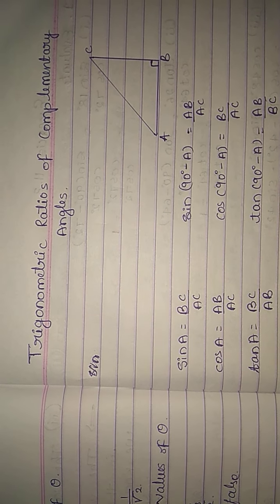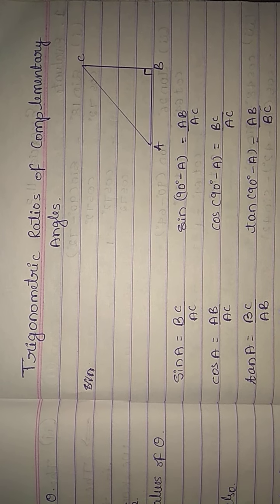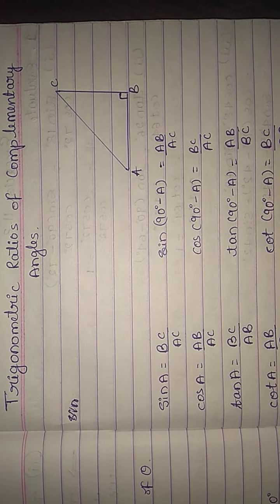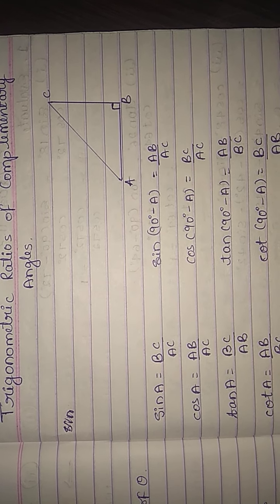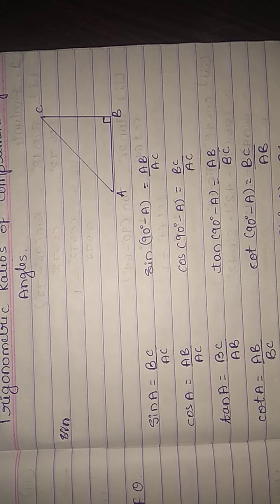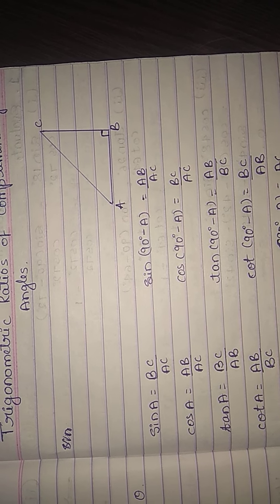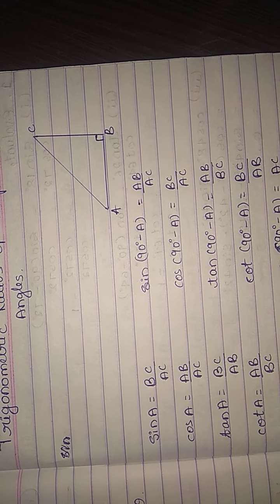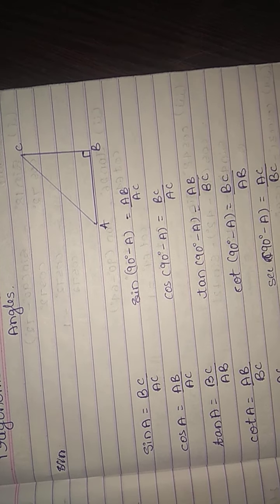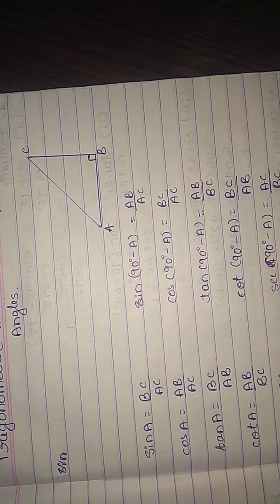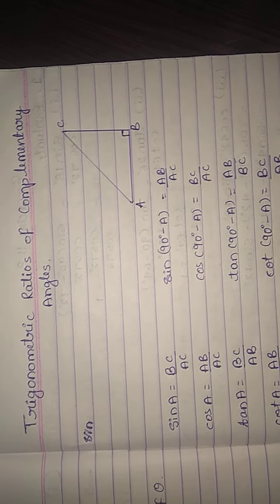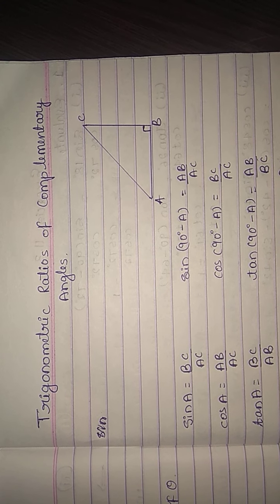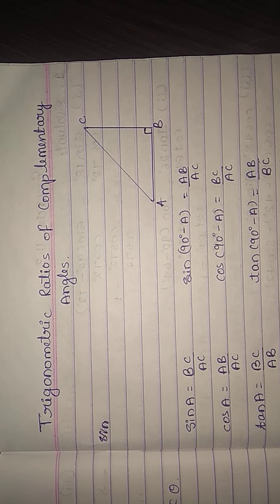Hello, my dear friends. By now, you must be familiar with the different types of trigonometric functions, and you can easily make the table of different angles of trigonometric ratios. You also might remember all the values of 0 degrees, 30 degrees, 45 degrees, 60 degrees and 90 degrees for all the trigonometric ratios. So, let's move further and understand the trigonometric ratios of complementary angles.